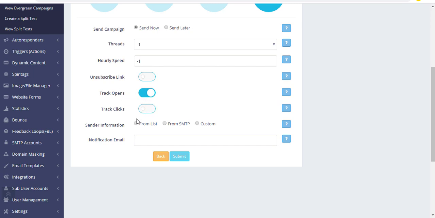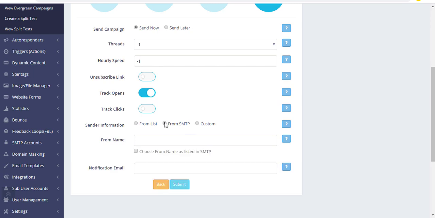So, and here is the main thing, that is sender information. If you want to use the details that are filled in SMTP, like from name, from email ID, from SMTP, then you have to select this. But if you want to use the part, for example, we have entered CEO in the from name in the list, we can select from list.